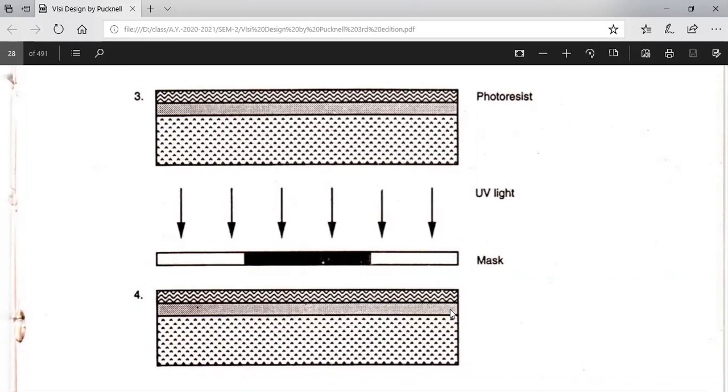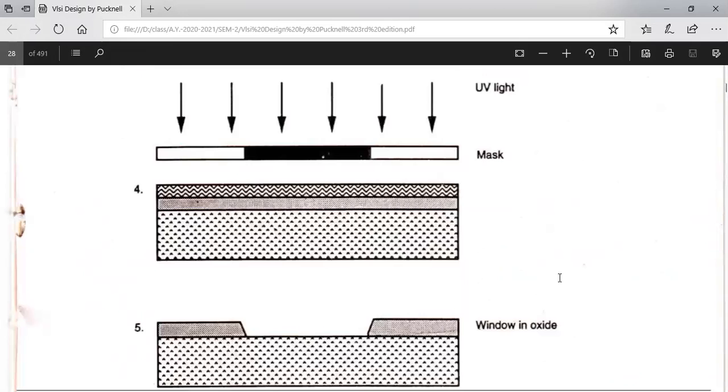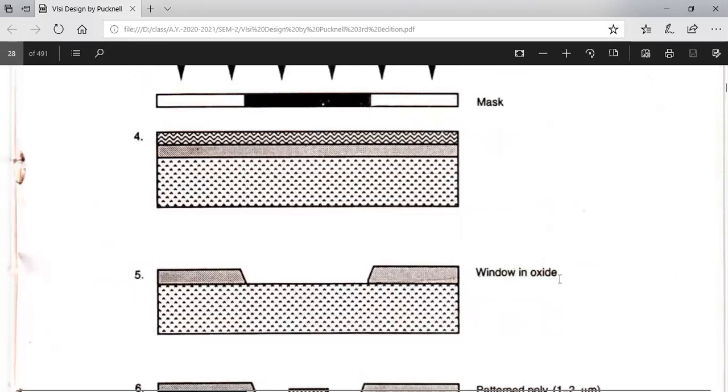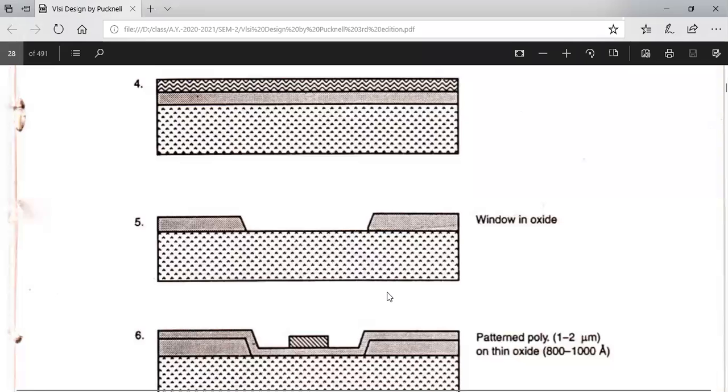The other portions which are exposed to the UV light will become harder, and with the help of HCl we can clean and remove the unnecessary photoresist, and the photoresist which is in the gel form also, with some other chemical materials. So totally I have formed a window in the oxide. After that, I once again subject it to the oxidation process, and a thin oxide is formed, in the range of 0.1 micrometer thickness.